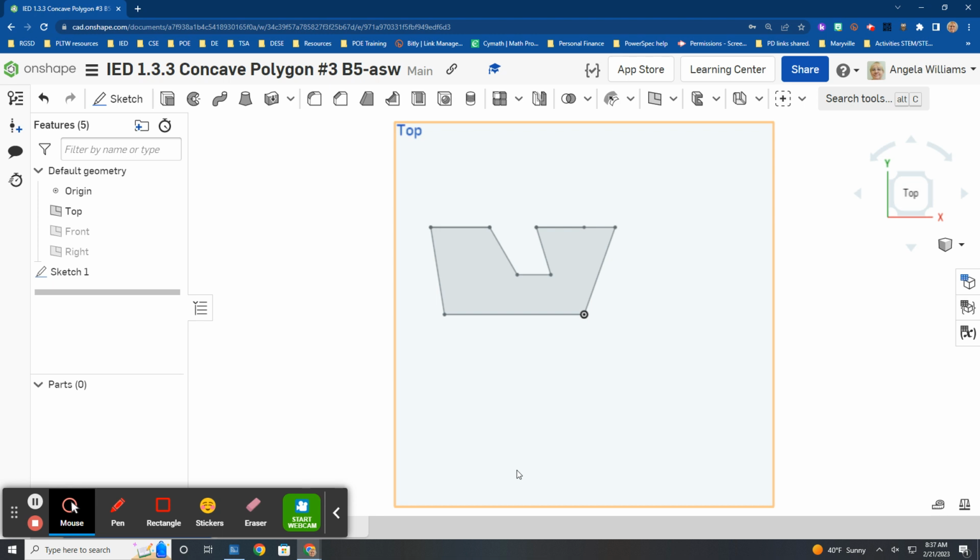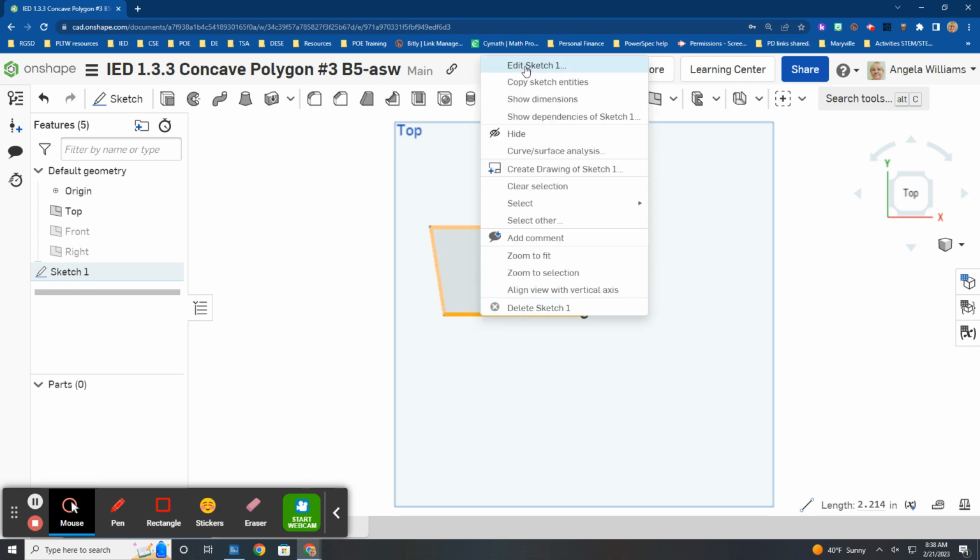So in step 4, it says select each line in your sketch one at a time and drag it with your mouse. Describe the behavior of the sketch in general when a random line is dragged. So what happens if I drag this line? If I click this line, I select it, and I drag it. Well, nothing right now because we're not in sketch mode. So if you click to edit sketch,